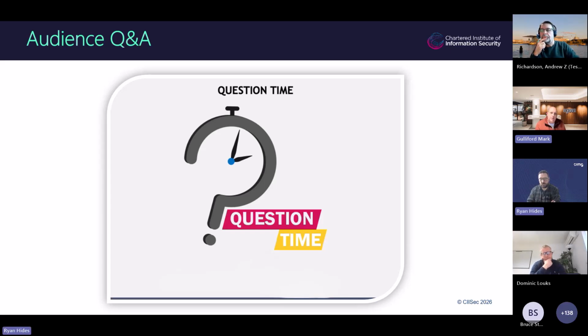When you're understanding that relationship, and if you get some responses back and they're not clear, then have a conversation with that relationship owner. Just pick up the phone, have a Teams call, and ask them to expand on it. If you think, oh okay, we could be sat on a fence here, this could be an important business function, or quite critical to the business, or they could have access to a great deal of information or sensitive systems. If you're unsure, then just have a conversation with someone, because sometimes people can fill in the form quickly because they're in a rush, and sometimes quickly isn't good enough for you. So you need a bit more context and substance to the answers.